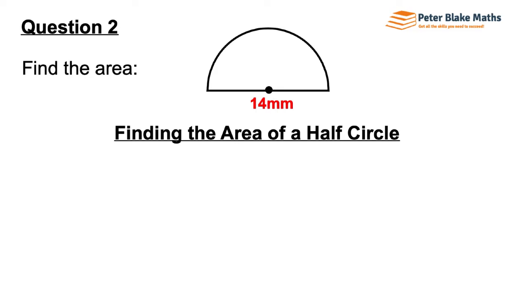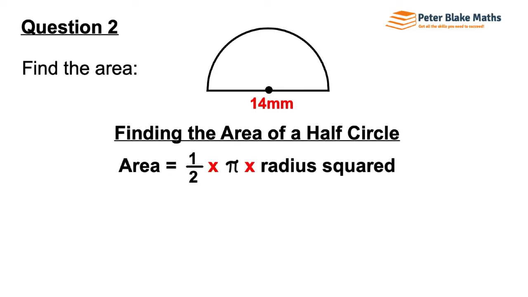So finding the area of a half circle, we'll take half of the usual area formula for a full circle. So we'll have half of pi r squared, or half of pi times the radius squared. Now we have a diameter in this question. It goes from one edge of the circle all the way across through the center to the other edge. So we'll have to halve that as well to get a radius here. So what we'll do is we'll halve 14 to get 7. That'll be a radius. And we've also got a half to indicate that we've got a half circle involved in this question. So we get on the second line there, A equals a half times pi times 7 squared,